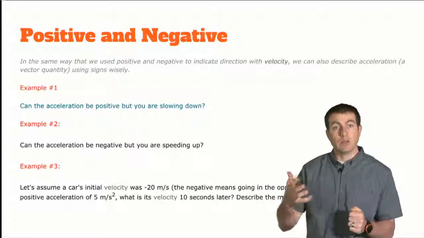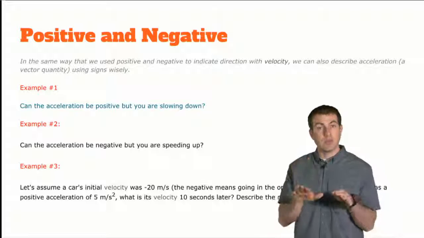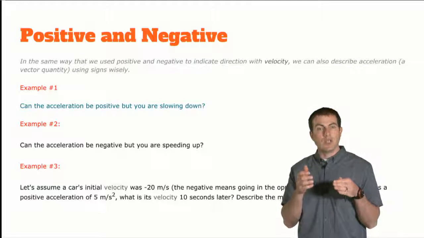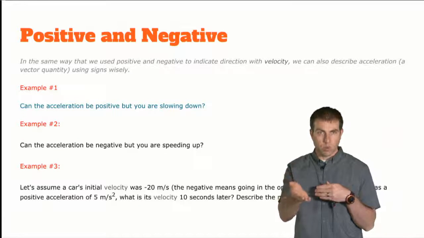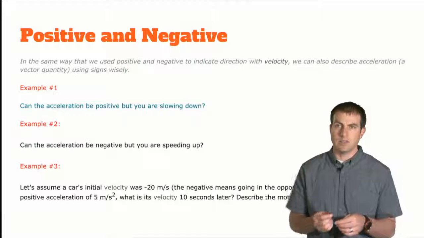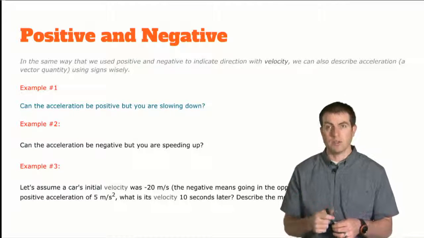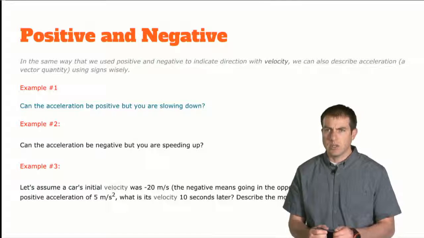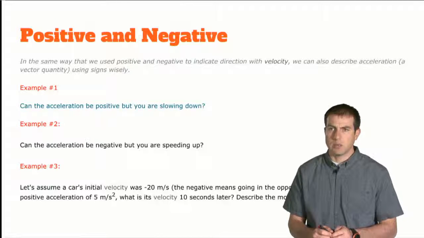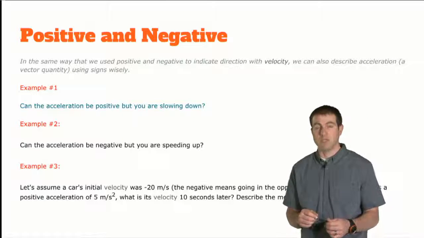So if I was moving backwards, maybe you're in a car in reverse, you're moving backwards, but then you put your foot on the brake, that means you're accelerating essentially forward, or your change in velocity is going to be positive. So you have a bigger forward acceleration, slow down, but still have a positive acceleration. I'm not completely sure because I find this stuff confusing. It isn't sort of confusing, it's very confusing.